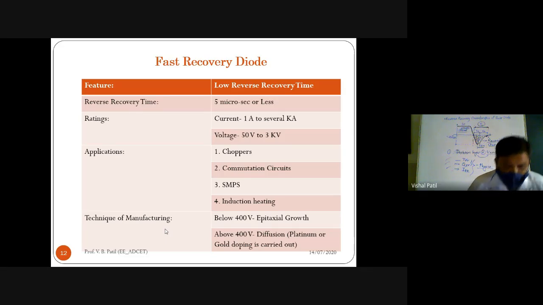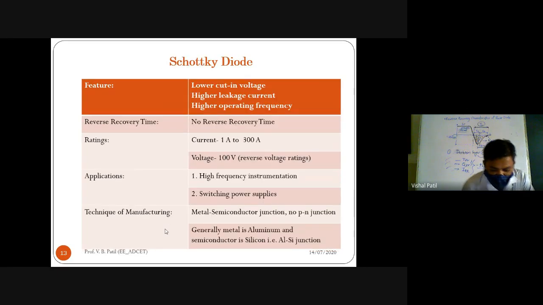Okay, so this is one more point associated with it. And the last we have Schottky diodes: lower cut-in voltage, higher leakage current, and higher operating frequency. These are the features of Schottky diodes. Reverse recovery time: there is no reverse recovery time. That doesn't require